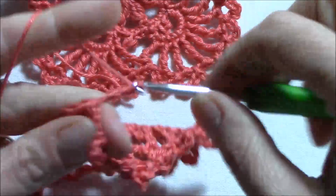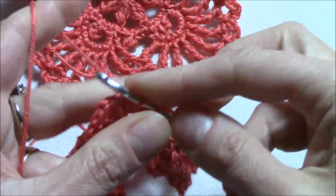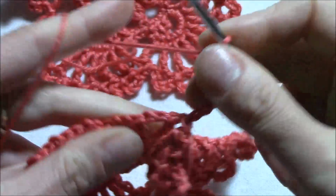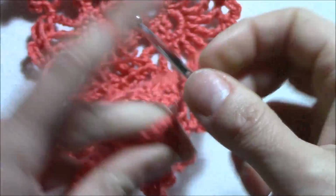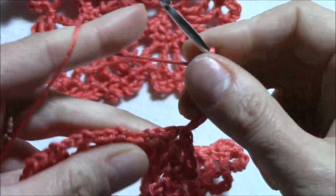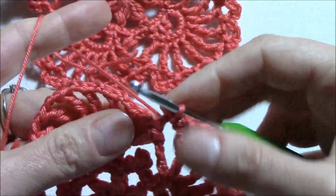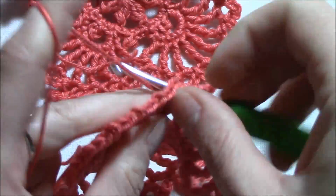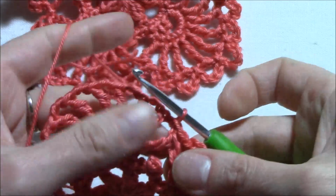And we want to continue on with 3 more chain 5 spaces. This is the first one, 1 2 3 4 5, and this is the second one, 1 2 3 4 5, and this is the third one into the last chain 2 space, slip stitch. And now slip stitch here in the middle and slip stitch into the very first chain 2 space of the